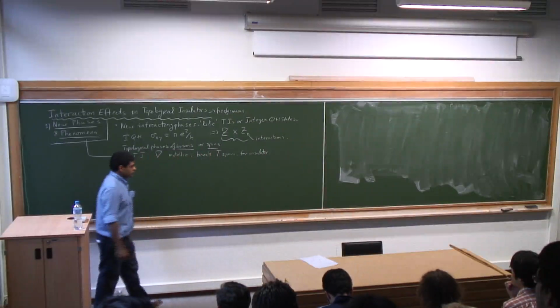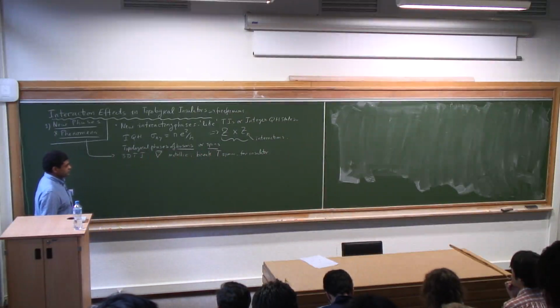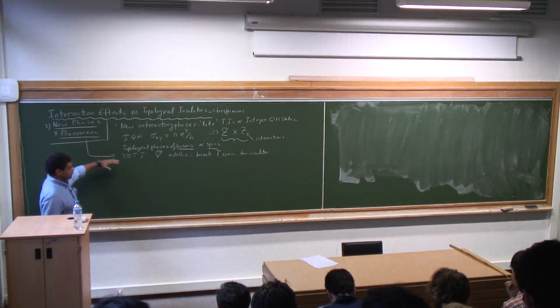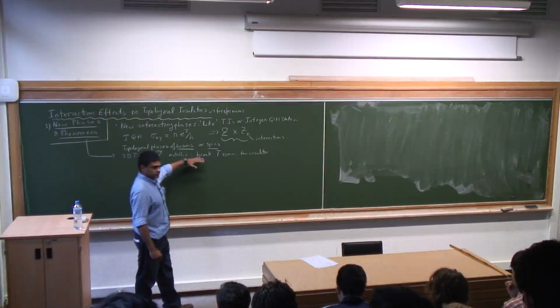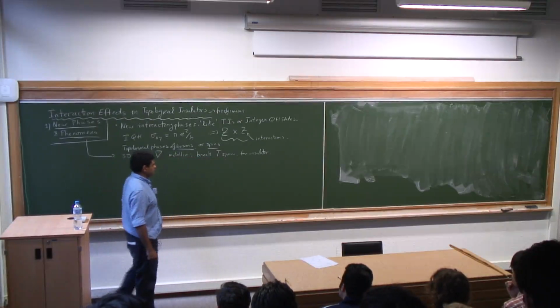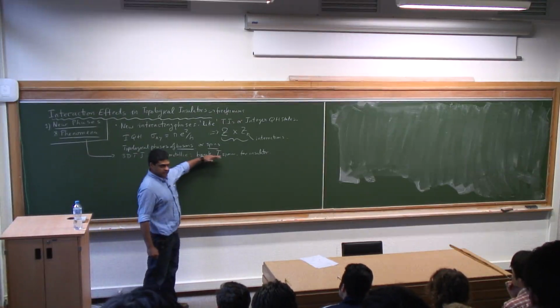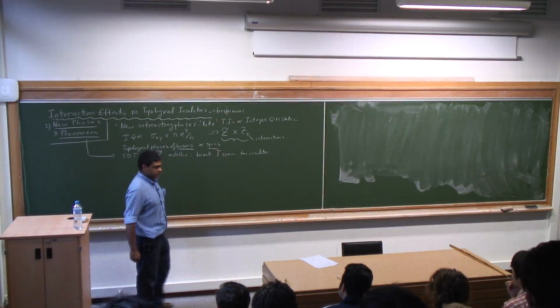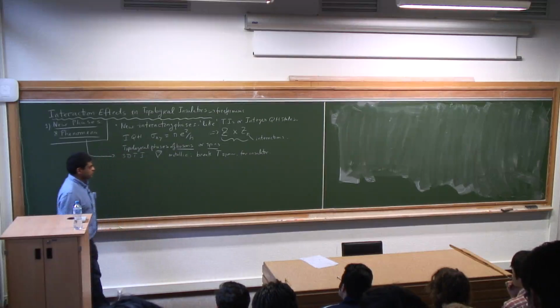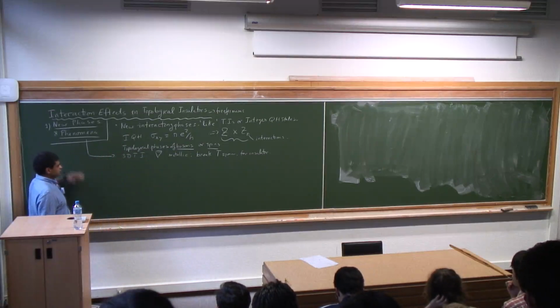But what we have realized, quite recently, over the last year or so, is that this is not the only way in which you can get an insulator. On the surface, there's actually a way to get an insulator with strong interactions that does not break time reversal symmetry. And it's an exotic kind of insulator. We'll talk more about that later. But this will give you an idea of the kind of phenomena we're going to be interested in.